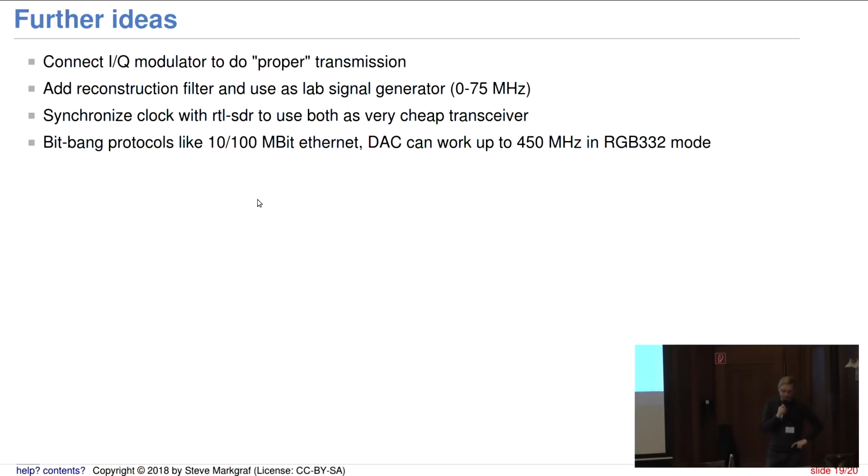Further ideas are to connect an IQ modulator to two of the DAC outputs, but unfortunately IQ modulators are quite expensive compared to the device itself. So probably some low IF approach would be better, but unfortunately there aren't many cheap devices available either. So I continue looking, but maybe something comes up. And one useful case would be, of course, to just add a reconstruction filter and use it as a configurable lab signal generator. I mean, you have 3 channels,